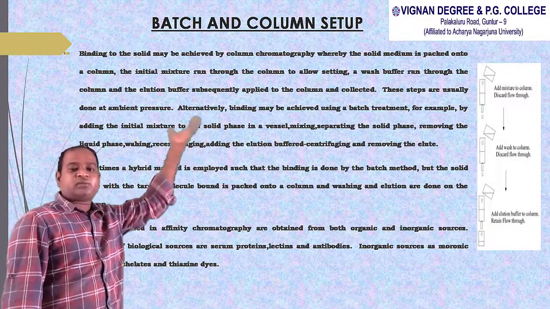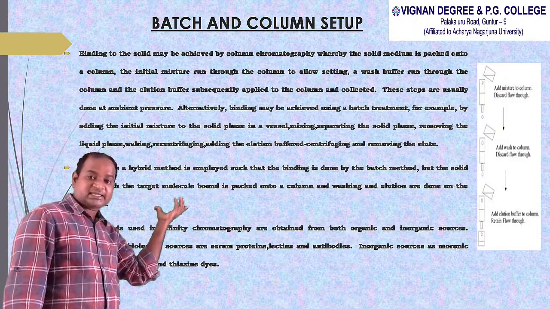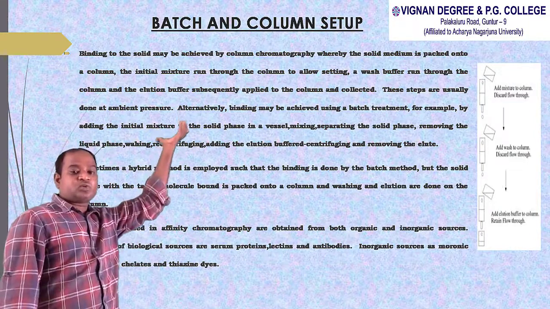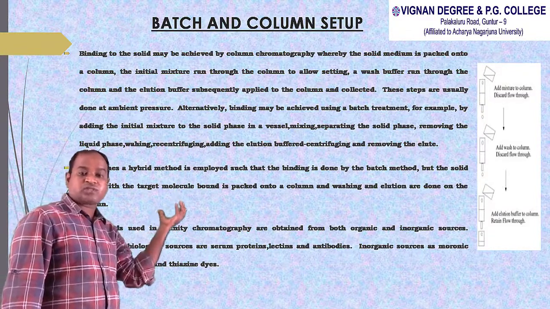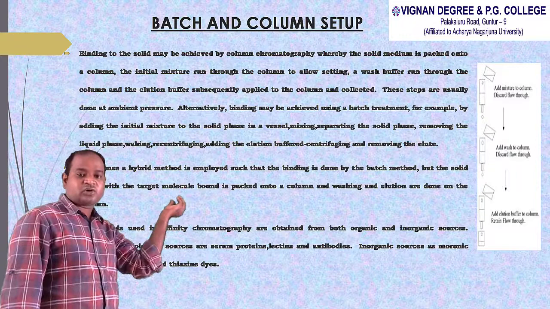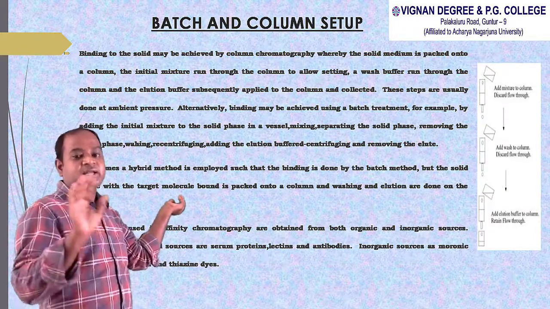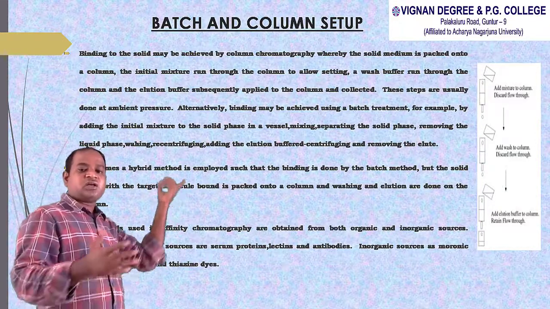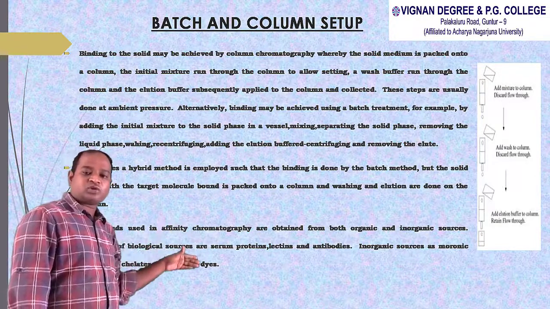If your separated molecule is hexokinase, the substrate analog you have to put is glucose. What happens when these enzymes run in the column? Only hexokinase will go and bind to the substrate analog, because hexokinase is specific for the glucose molecule. The remaining enzymes have no affinity towards the substrate analog glucose. That's why the remaining molecules will come out of the column.